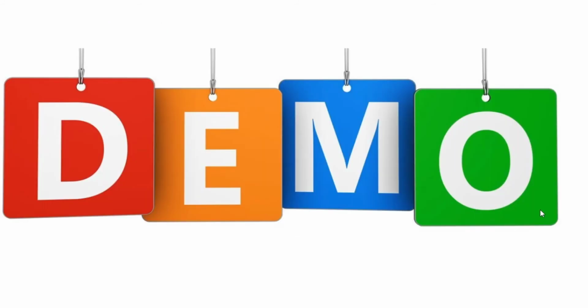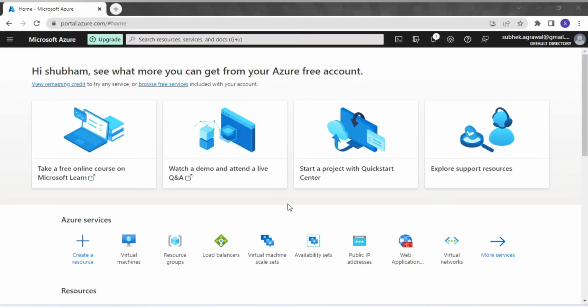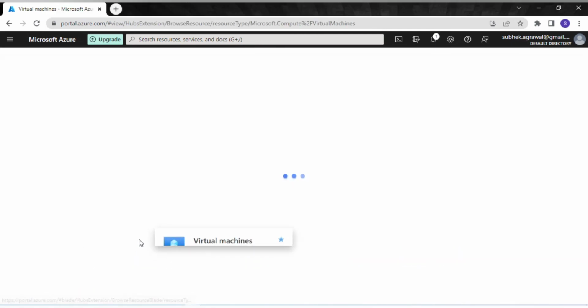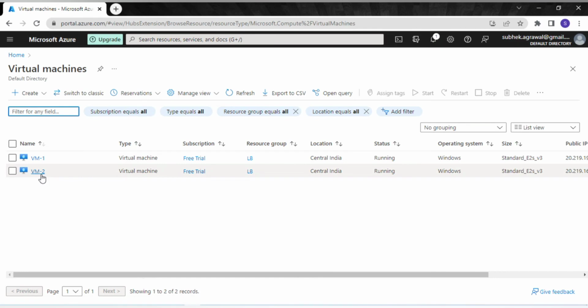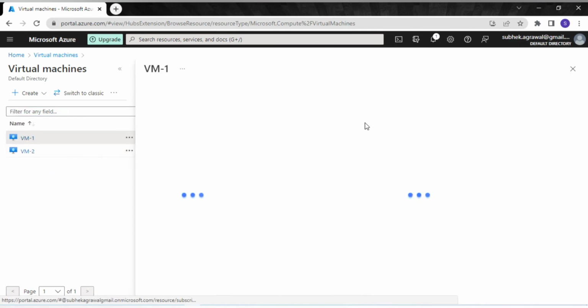Now we will see the demo of how to create an Azure Load Balancer, and we will try to distribute the traffic. So I am on my Azure portal. Here, what I have done is I have created two virtual machines, VM1 and VM2. In both of the VMs, I have installed the IIS server. So if I go to this particular VM,